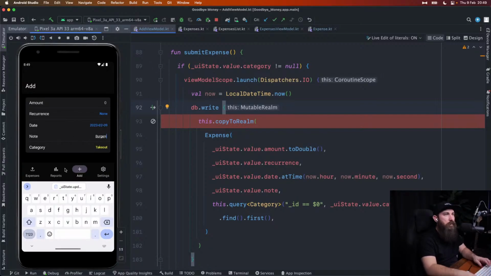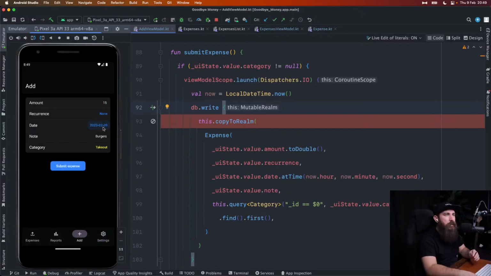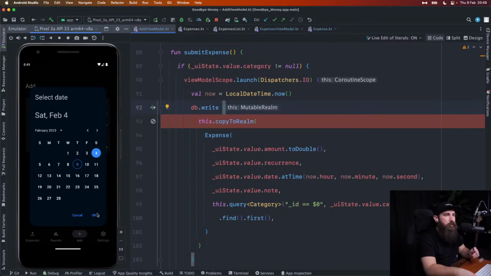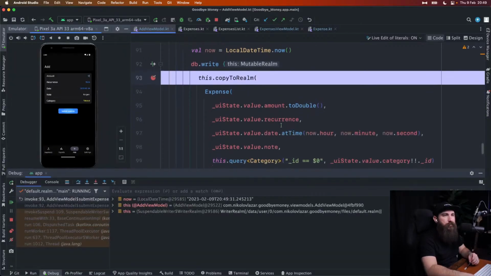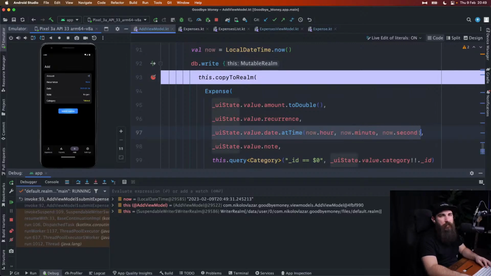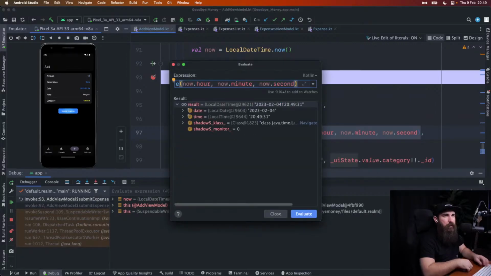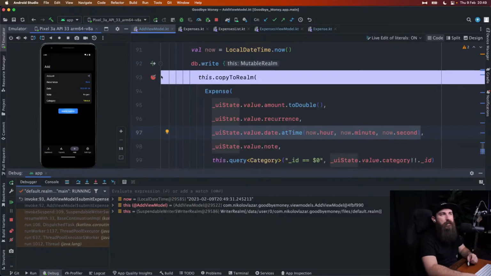Takeout's gonna be burgers. Burgers, we got them for how many? I don't know, 15 bucks. And I want to set this to be like the 4th of February. Okay, the date is correct. Submit. See the date. The date is correct. I want to evaluate this whole expression. So there we go. It looks correct. 8:49, that is exactly what time it is right now. Okay, so